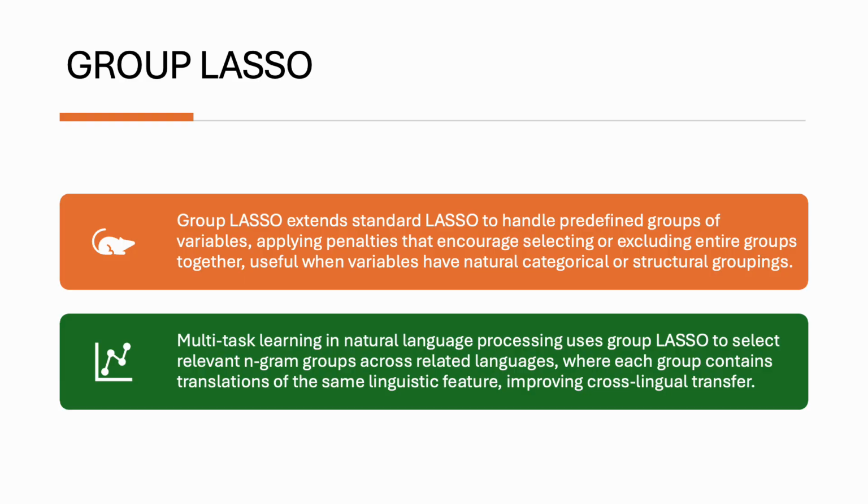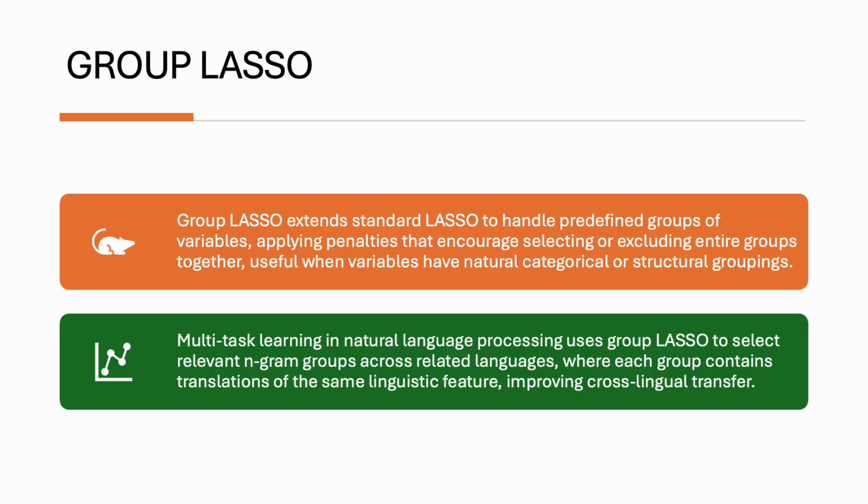Regular lasso is like a picky friend who might randomly choose happy but ignore joyful and delighted, even though they all mean basically the same thing. This creates a weird situation where your chatbot or AI agent learns that happy is important but somehow misses the fact that joyful also signals a positive review.